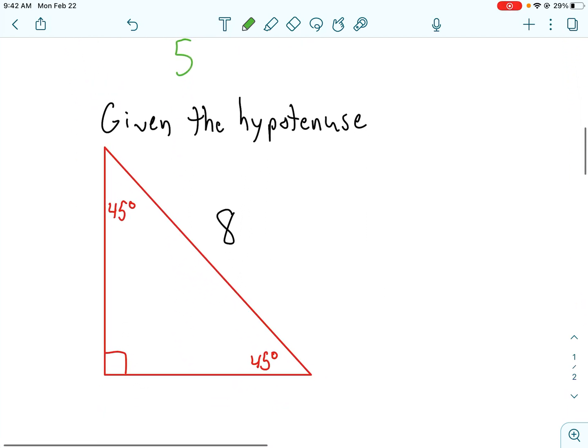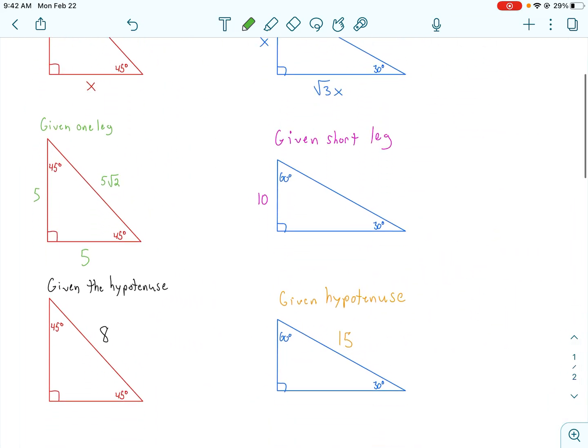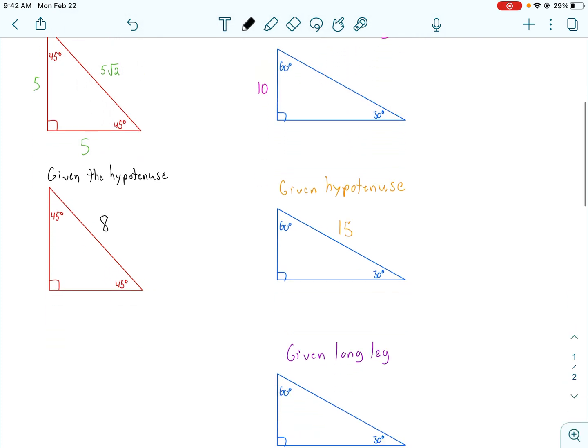Okay, the other way, the only other question I can ask in a 45-45-90 triangle is if I give you the hypotenuse. Now, to get the hypotenuse, like we did right here, we took a leg and we multiplied the leg by radical 2. So if I'm going to go the other way and I'm given the hypotenuse, I'm going to do hypotenuse divided